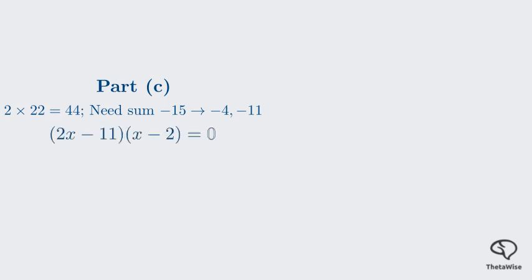Part c. Find the two possible heights of the triangle. First, factorize the quadratic. We need numbers that multiply to 44 and add to -15. These are -4 and -11. The factors are the quantity